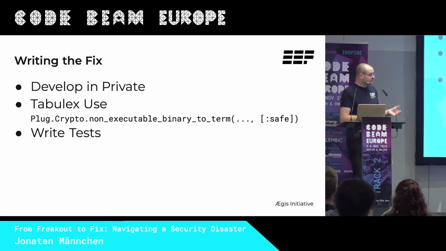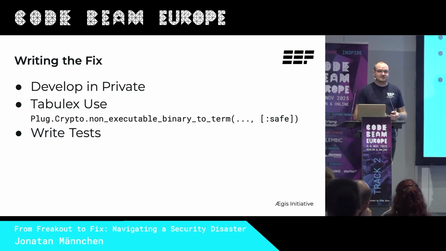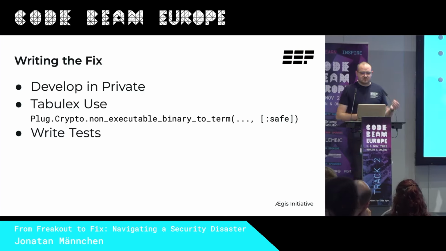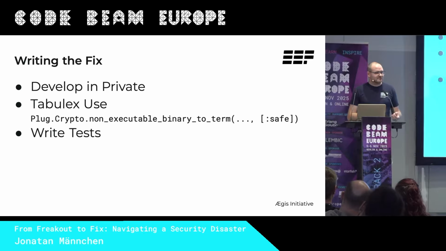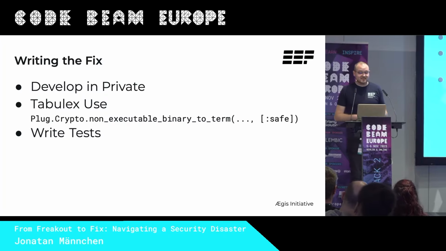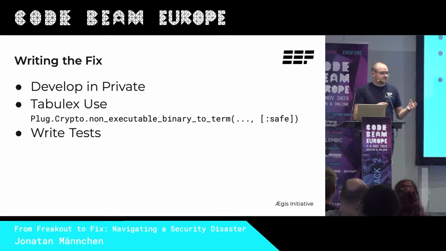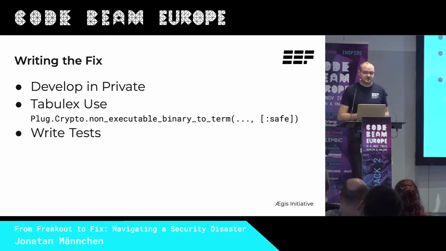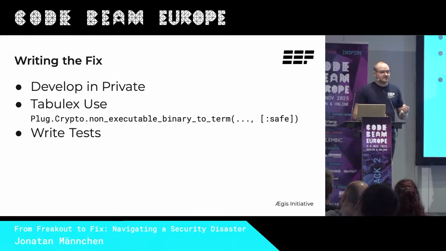Also, in our case, we should probably rethink our payload design. Encoding modules and functions is probably not the best idea. We should probably just encode data instead, so we also don't have any call sites for arbitrary code. And finally, bake in tests. Test your new logic well, to make sure that no edge cases slip through.